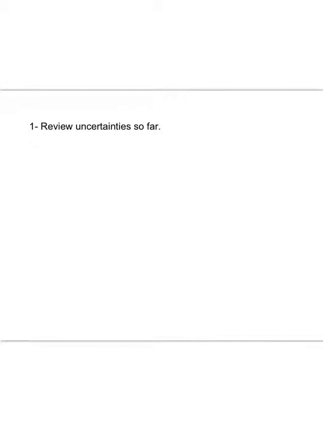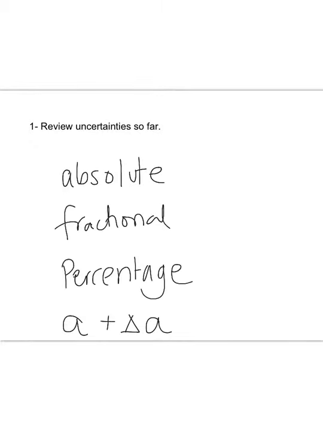So let's review uncertainty so far. There are 3 types of uncertainty. We have absolute uncertainty, fractional uncertainty, and percentage uncertainty. The absolute uncertainty is the uncertainty that's expressed as a result of the actual measurement from the instrument. So A